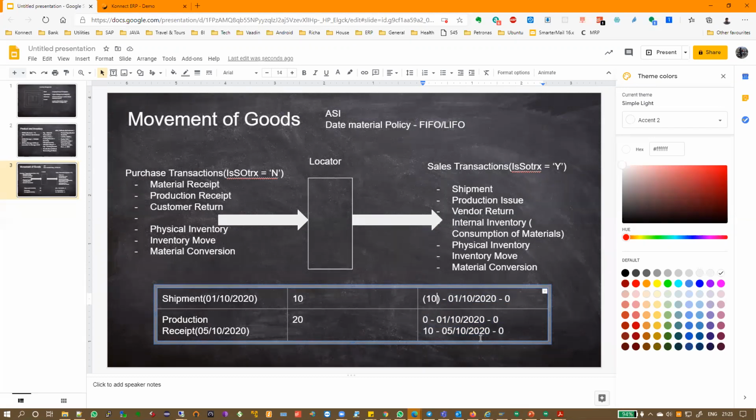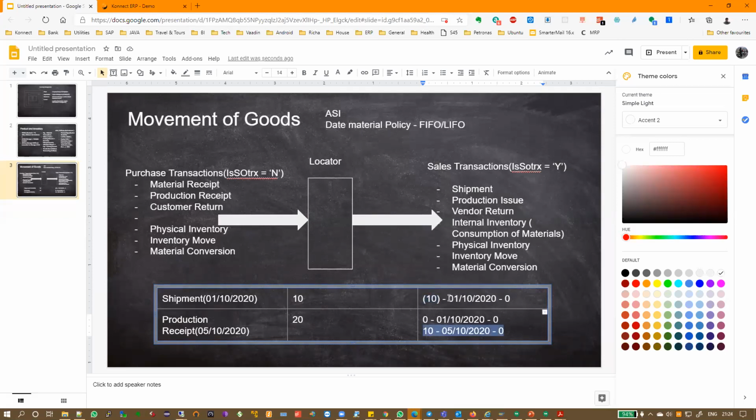So whether you have negative inventory or not, whenever there's incoming quantity into the locator, it will first search for the negative value, if at all any exists. If the negative exists, it will try to make it positive. And if there is quantity left after that, then it will create a new record based on the date material policy number.